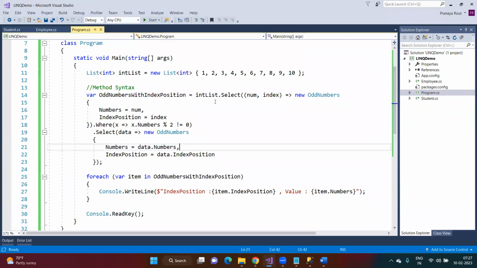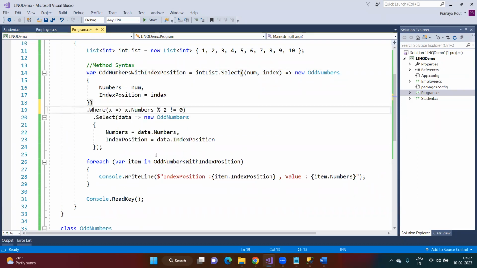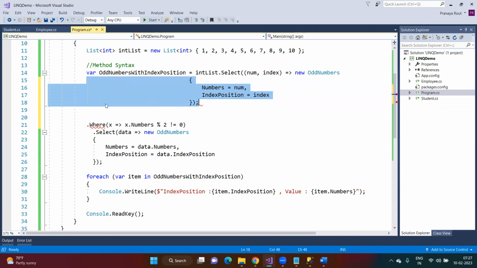Now, if you are thinking that it's very difficult to understand, then what I can do here is split this into two parts. So this is my first query, right? Which is containing what? It is my first query, which is containing the